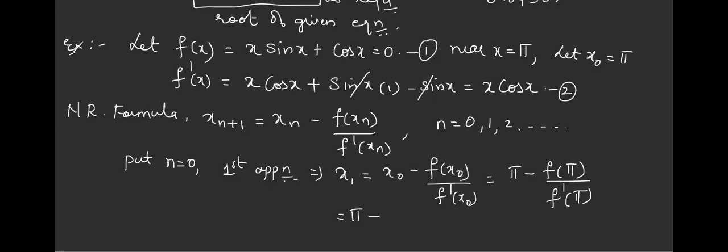F of pi, if I want it, which equation do I have to use? We have to use equation 1. All of you take calculator, take x value as pi and calculate. See how it should be: pi, then sine bracket pi, plus cos bracket pi. It is -1. All are getting the same. If you don't change it to radian, you will get a different answer.